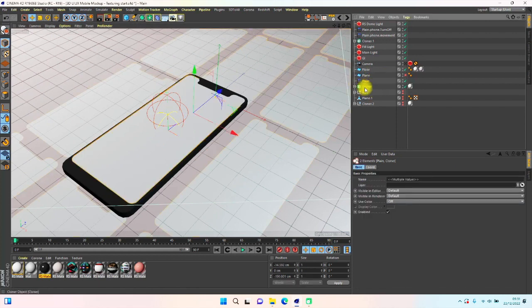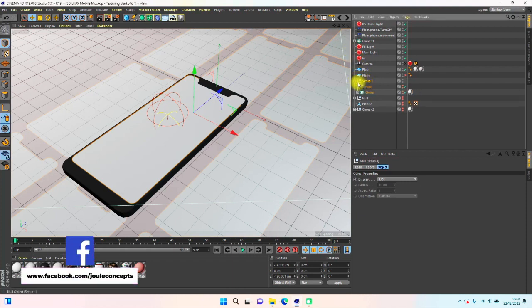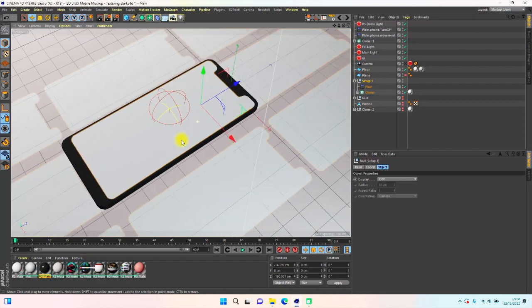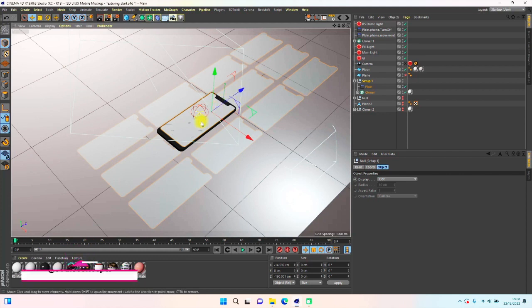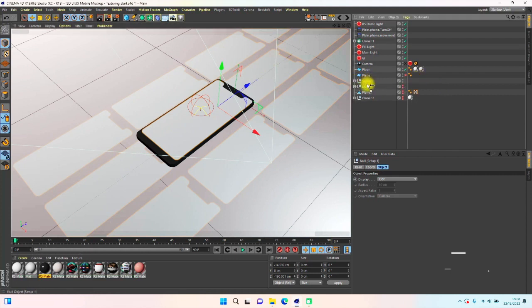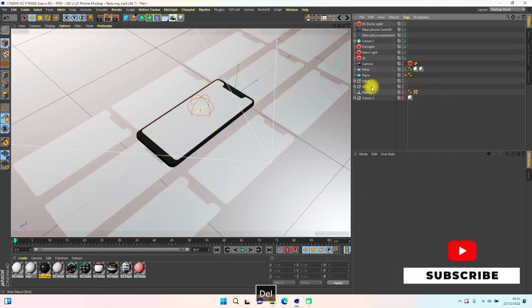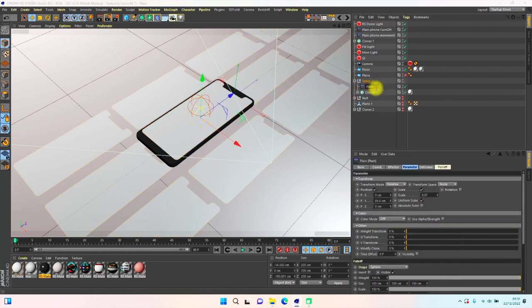So I'm going to highlight both, Alt or Option G to put this in a group, and I'll name this setup 1. All right, so for this setup 1, I want to turn off this main screen and leave every other screen. All right, so let me duplicate this for setup 2. Okay, I can delete this, do that later. So I'm going to name this plane